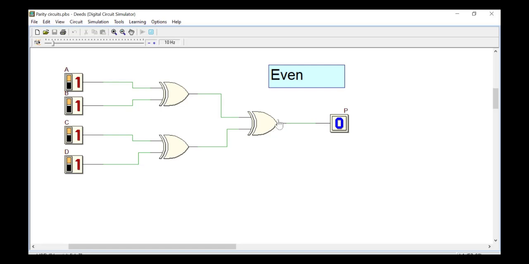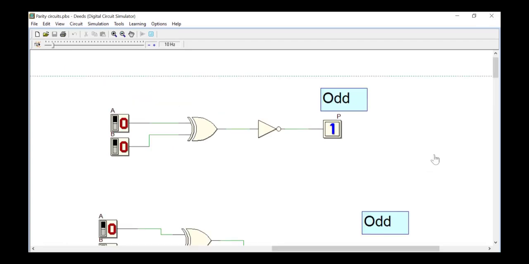If I use a NOT gate here, then I can generate the odd parity bit, that we will see in a moment. The same circuit, we just add an extra NOT gate to the previous circuit. Now this circuit will produce the odd parity. That means whenever your data bits have odd number of ones, it produces 0 output. Whenever it is having even number of ones, it produces output 1.